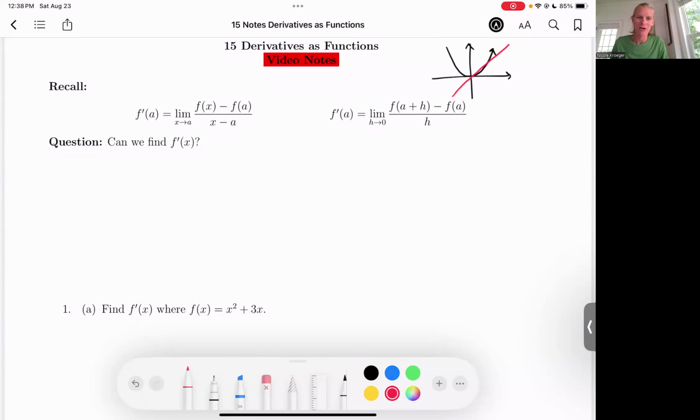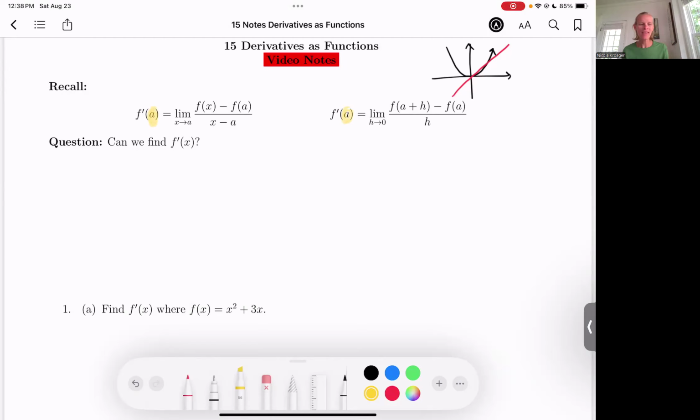So instead of finding the derivative at just a point, we could think of the derivative as a function itself that we could plug points into. So we have our two limit definitions of derivatives. Both of these definitions were finding the derivative at a point. So these were the derivative of f at a point a. So what I want now is a formula that's going to give me the derivative at any point